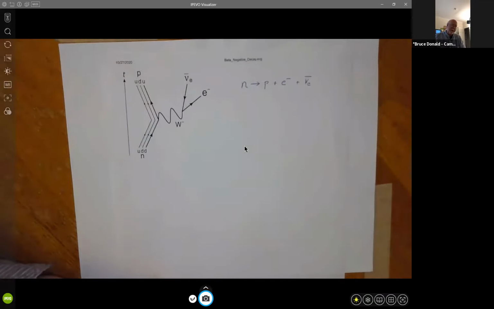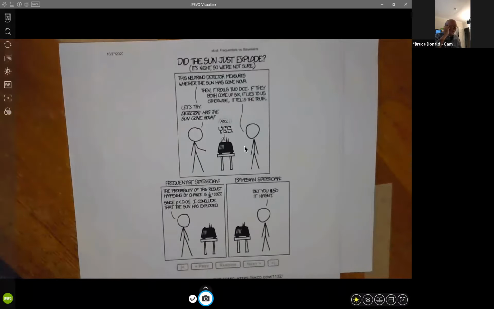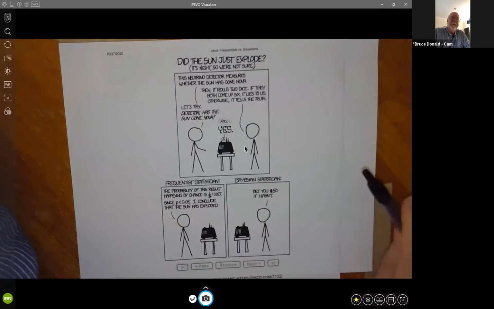So back to our example here, from a functional point of view, a huge swarm of neutrinos is going to hit our detector. And suppose we attach something to our computer that can detect that. So what happens here is we build a little device that basically interrogates the neutrino detector, which is a sensor, and asks the neutrino detector whether or not it's gone nova. And if it does, after that, it rolls 2 dice, just like Desmarais. And if they come up 6, it lies to us, otherwise it tells us the truth.